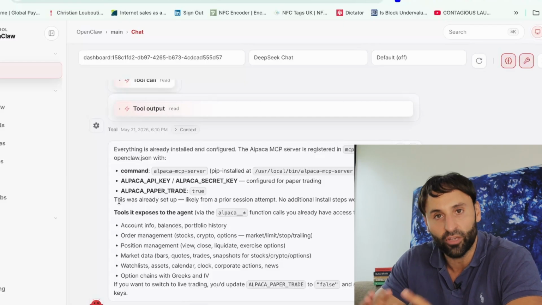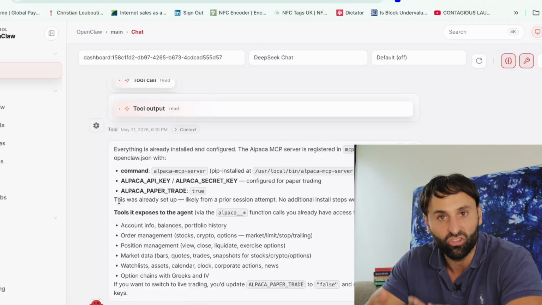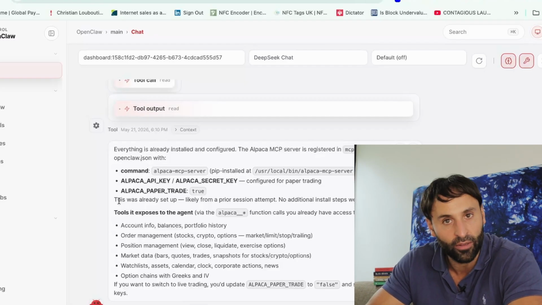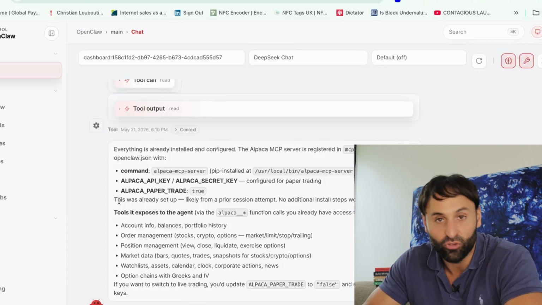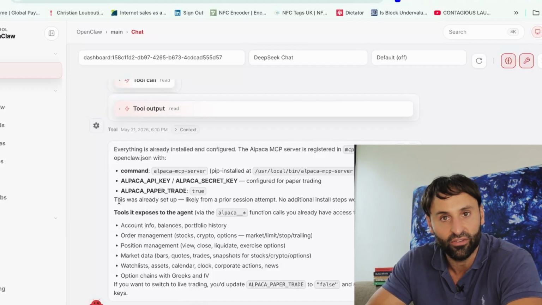Now, people will say, okay, this is a bit of a security issue here. What you should do is rotate your keys and change your keys once you've done certain experiments. And just be aware that in this case, we're using a paper trading account. These systems, you are giving those your keys, but if it's paper trading and you change the keys quite regularly,